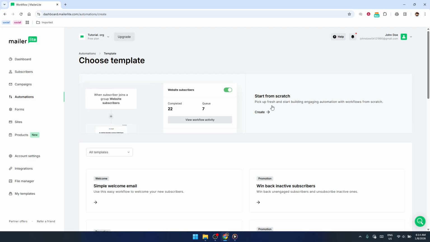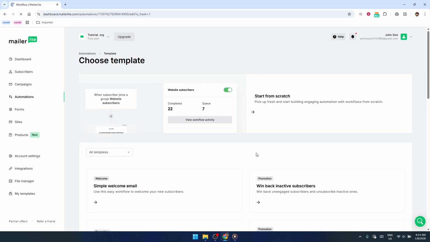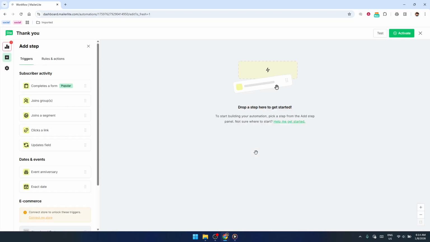On the screen that appears, choose the option to start from scratch. This gives you full control and is ideal for a simple thank you sequence. Give your workflow a clear name so you'll recognize it later, something like New Subscriber Thank You Email, and then click Start Building. You'll now be asked to set up your trigger, which is what tells Mailerlite when to send